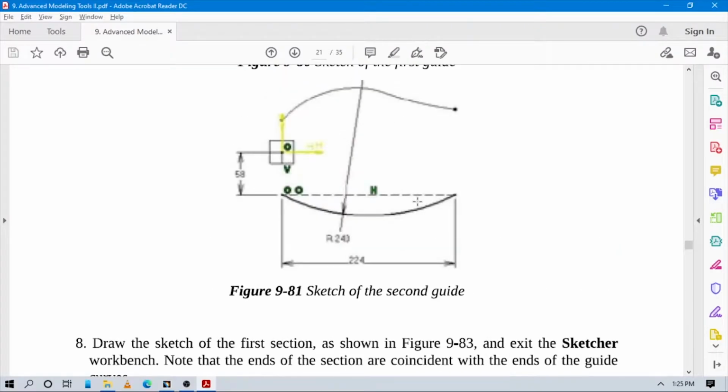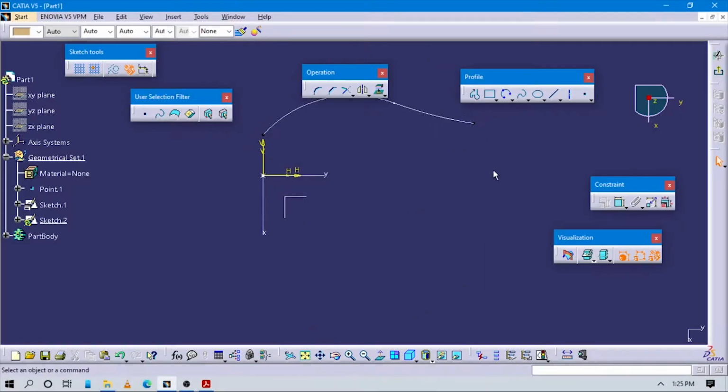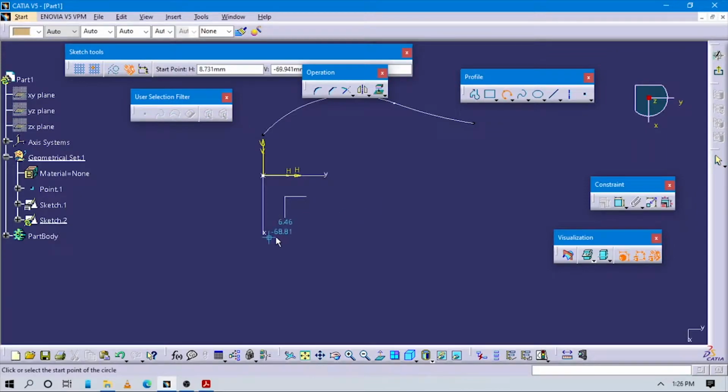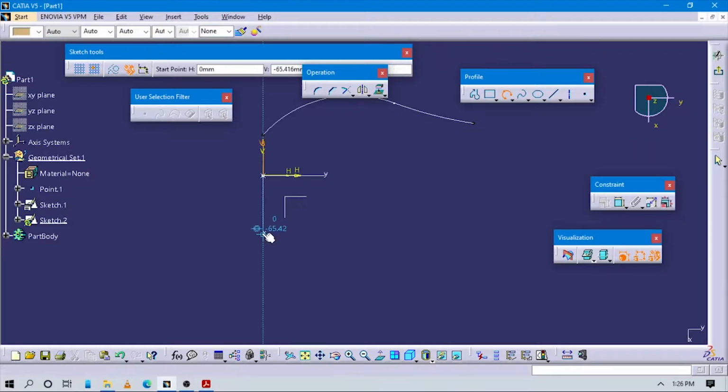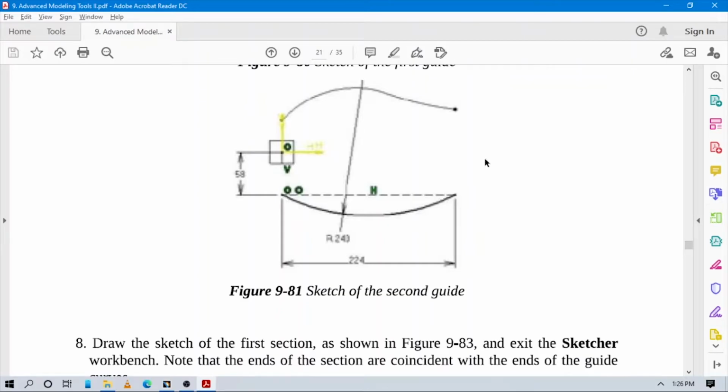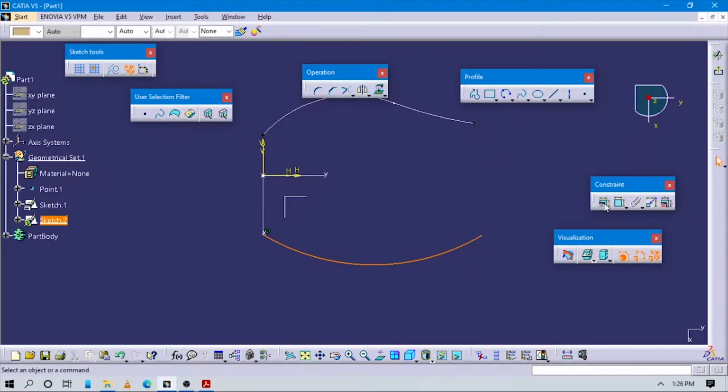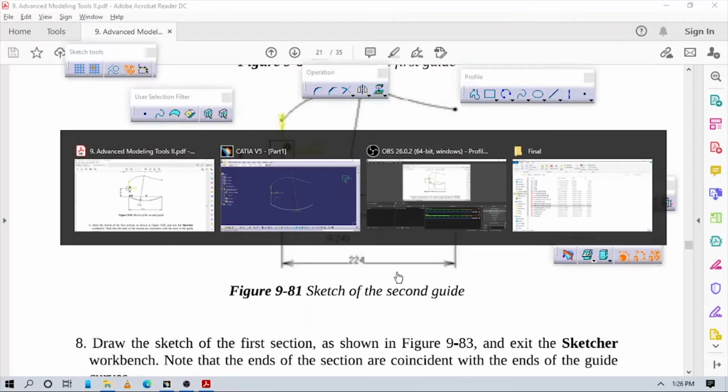So draw one arc, this arc is somewhat like this,